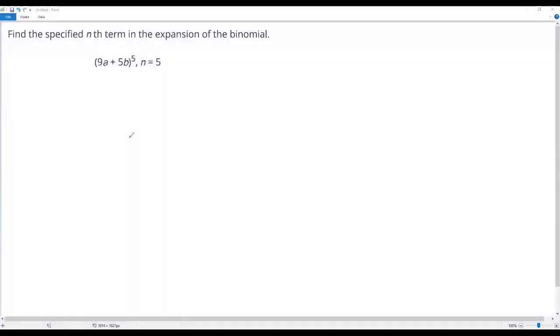Here we have a pre-calculus problem. Okay, let's go to the question. Find the specified nth term in the expansion of the binomial, that is (9a + 5b) to the fifth power, n equals 5. Since n equals 5, we have to find the fifth term in the expansion of